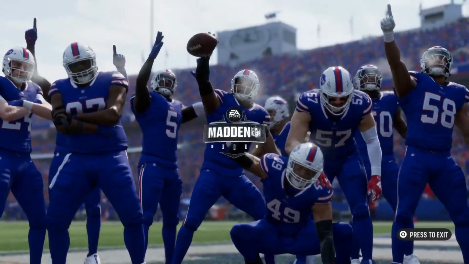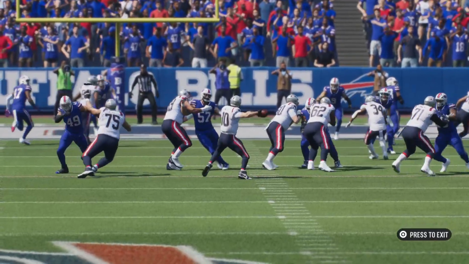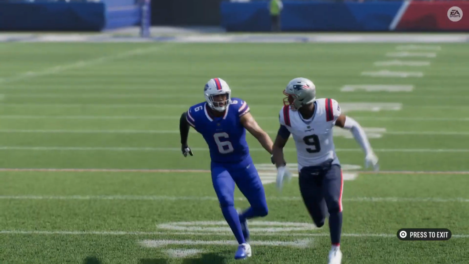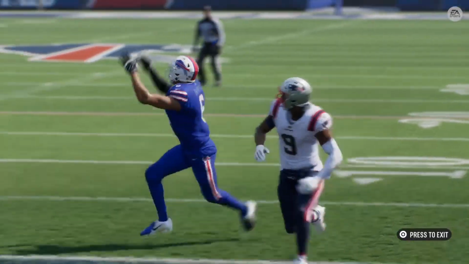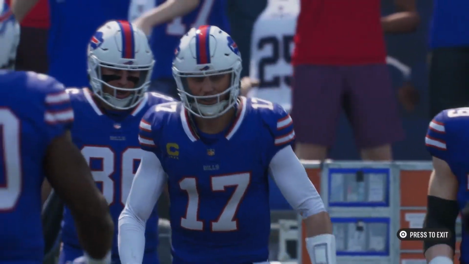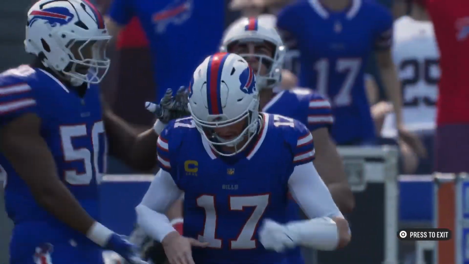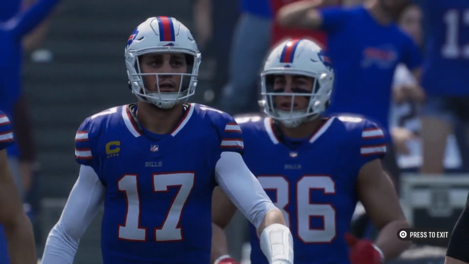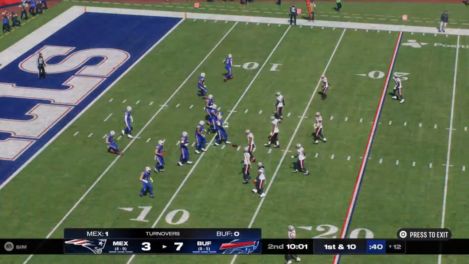Look at the momentum they're carrying with them right now, Brandon, because in their mind, whether they want to admit it or not, they were conceding 3 points. Their goal was to keep them out of the end zone, not give up a touchdown. Instead, they give up nothing. What a big-time play and a big-time stop by them. Here's the Buffalo offense now as they get set to take over here. A long drive last time out for this offense, Charles.